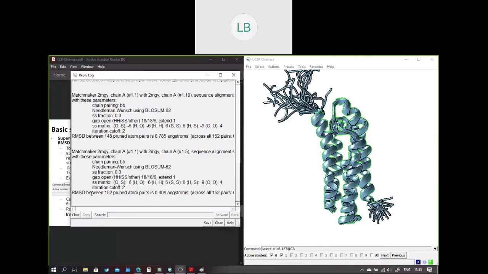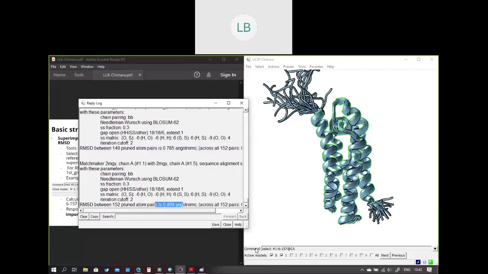Similarly, if we want to find the RMSD between different structures, we can use the rmsd command in the command line. Let's say we want to find the RMSD between two different models. We use the rmsd command. We give the first set of residues, number 0:62157 @C alpha.